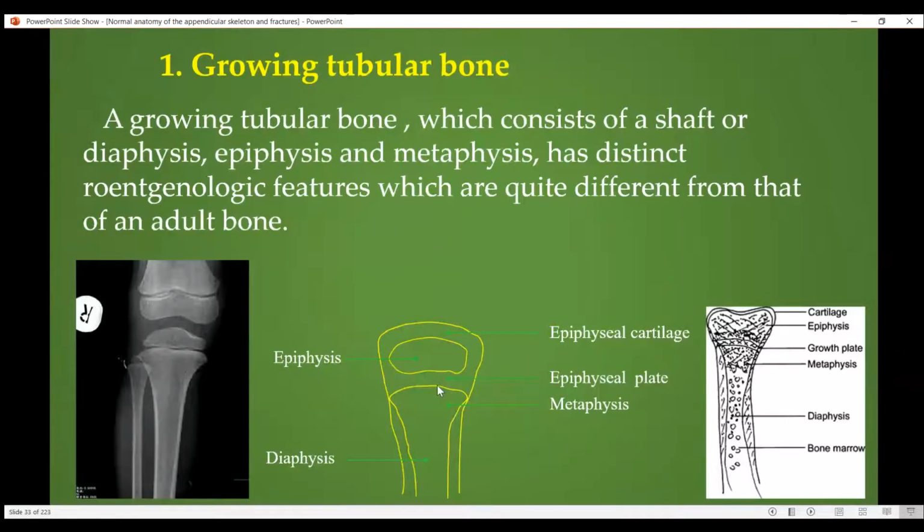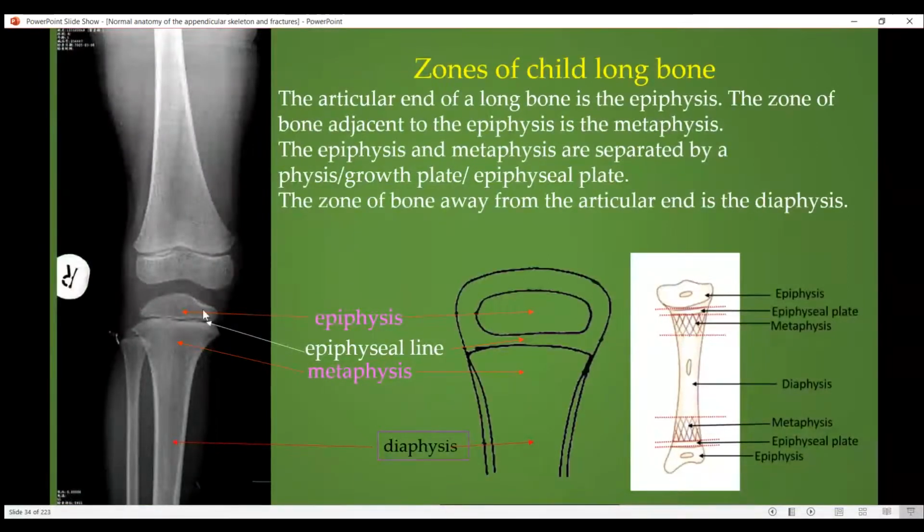Then the metaphysis continues down as the medullary cavity, which is the hollow part of the shaft, which forms the main part of the bone and is called the diaphysis. Immediately after the diaphysis we have the medullary cavity, continuing down as the metaphysis and the epiphyseal plate, and then the epiphysis and the epiphyseal cartilage, on both ends. So every long tubular bone has both the proximal epiphysis and the